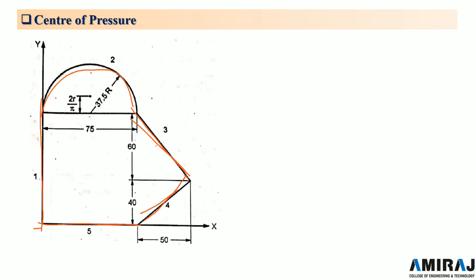Now the mathematical procedure for finding the center of pressure is explained here. So first we have to draw an outline of the blank desired. Here the outline is drawn. Draw axes xx and yy at right angles in a convenient position. If the blank is symmetric about any line, this line may be selected as one of the axes.